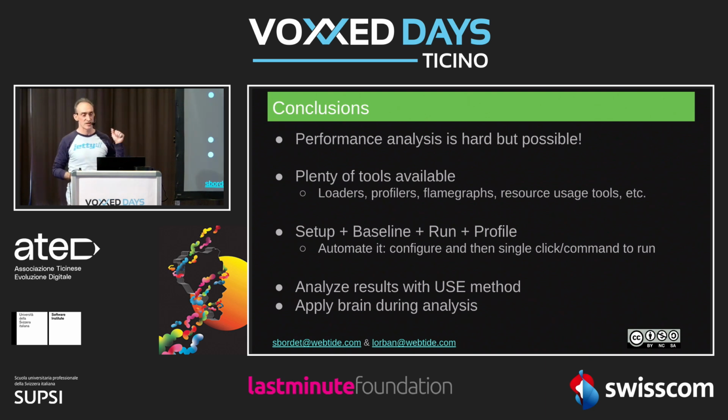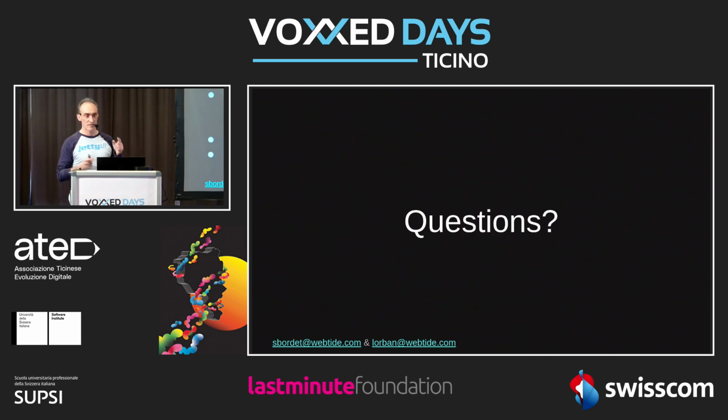Remember the 4 steps: set up and configure your systems, run a baseline and be consistent in reproducing the numbers, do your runs and gather data and try to get the answers for the one problem that you want to solve, and then if you need, go into profiling in order to improve your numbers. Analyze everything with the USE method, and remember it's the other way around, and then apply your brain,